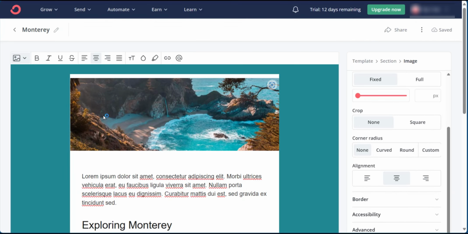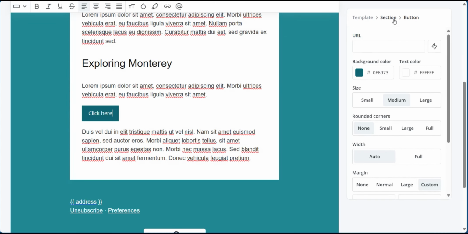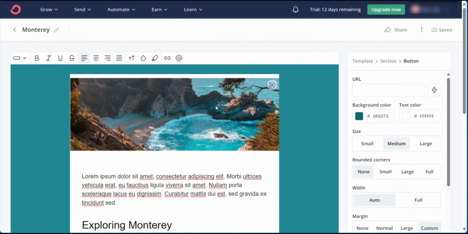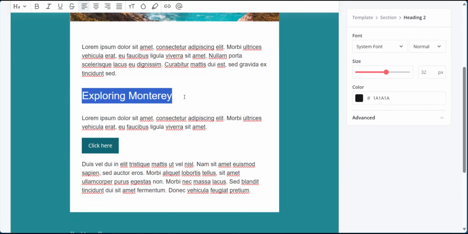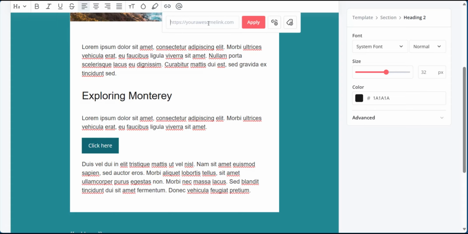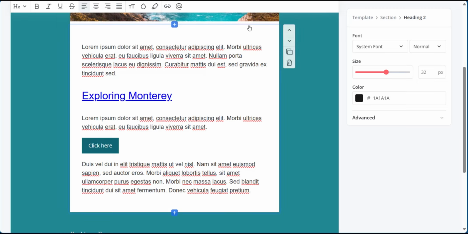Then when we go over to the button, you can see template section button. So this is quite easy to do, and you just need to follow with the steps that are shown here. You could also decide to make this a hyperlink by highlighting it and then clicking above here. You have the link, and after clicking on it, you could put the link. So we're just going to put youtube.com and we're going to apply it, and then this turns into a hyperlink,